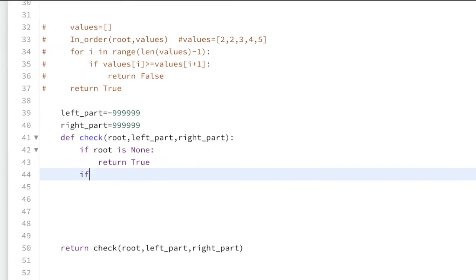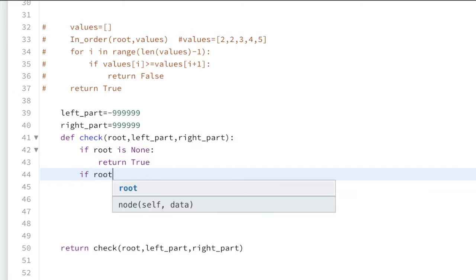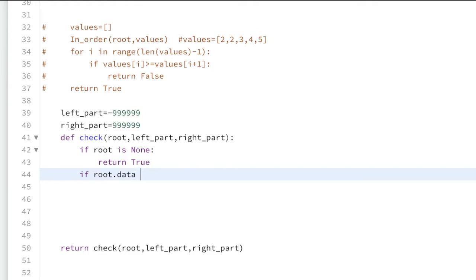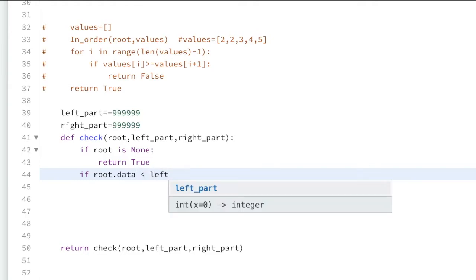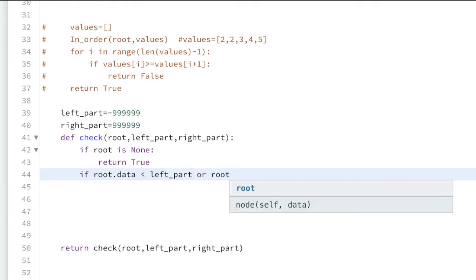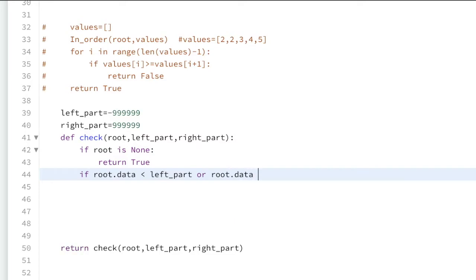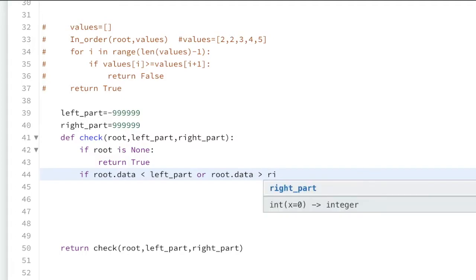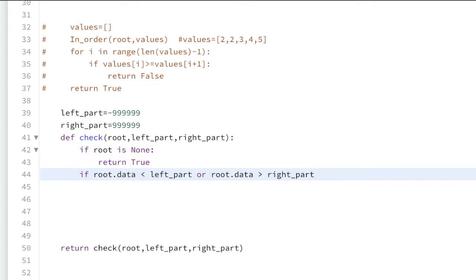So let us write the condition: if root dot data is less than the left part, or root dot data is greater than the right part, it means our condition for BST is false.